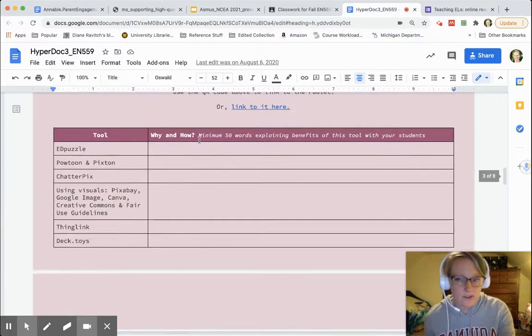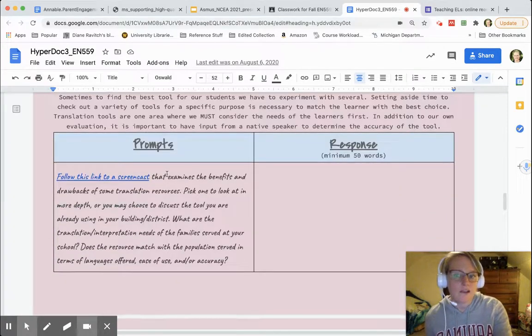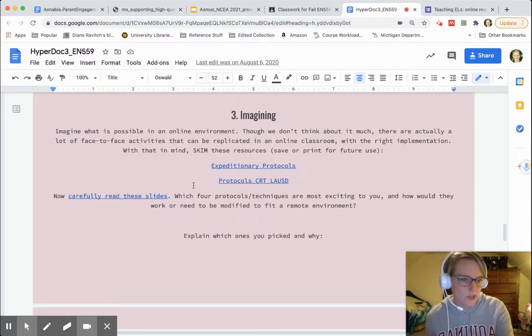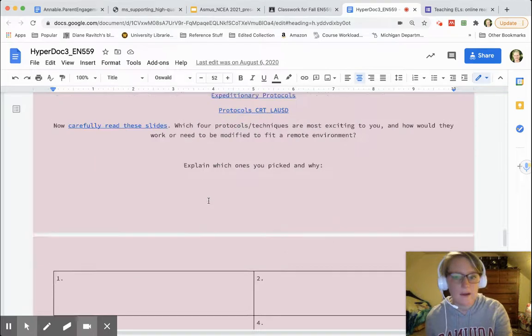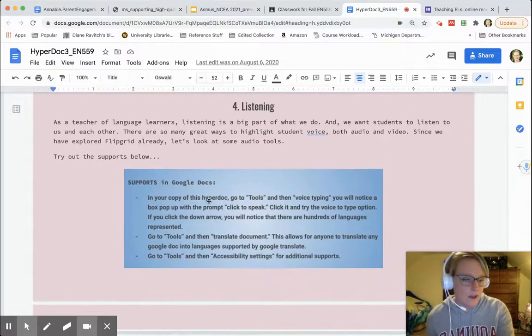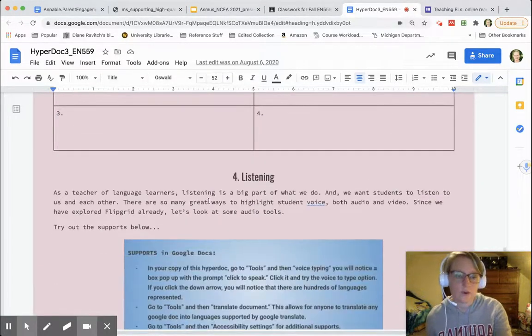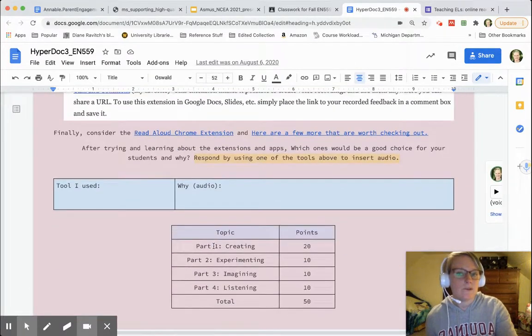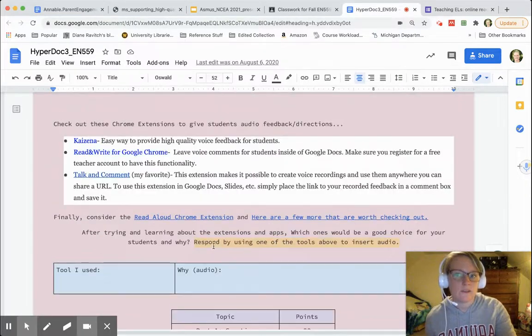And so as teachers, I'm having them check out these tools and then kind of play around with them a little bit. And then imagine how they could integrate other resources. There's some things here about like fair use and copyright and things like that. And then having them pick a couple of them, go into a little more depth about the tools that they picked, a few more resources, and then basically they get to create something. So